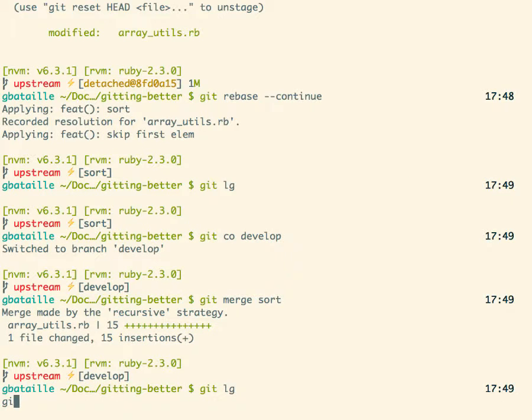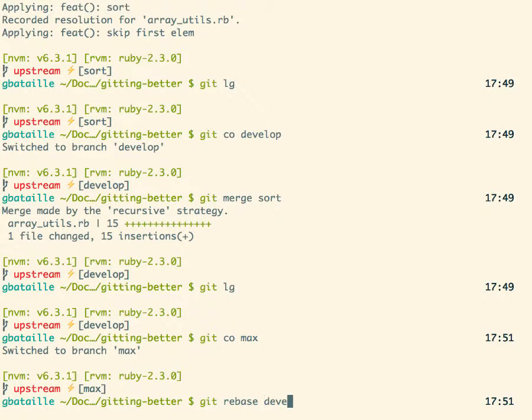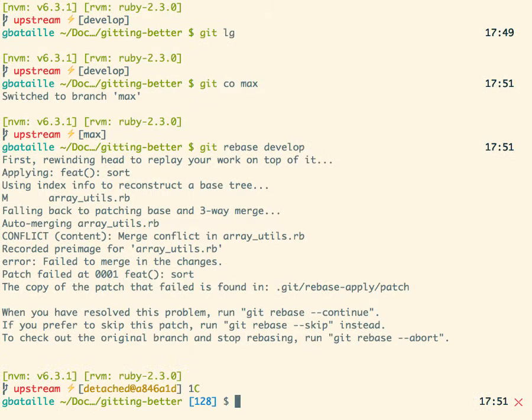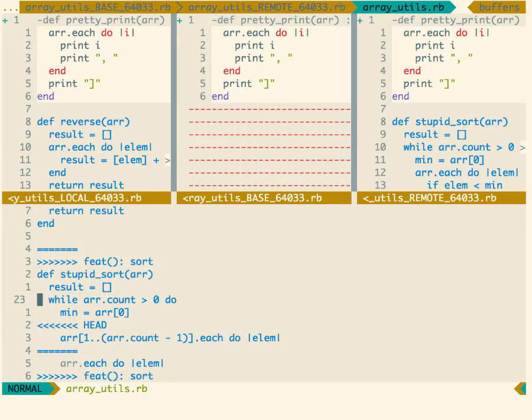It is half right. Okay, so we are going to try. I'm going on max, and now I want to rebase on develop, and I'm getting a merge conflict. And a merge conflict on what? On the very first commit it's trying to apply, which is a sort commit, which actually has already been merged, and the conflict's resolved. So if I do merge tool now,